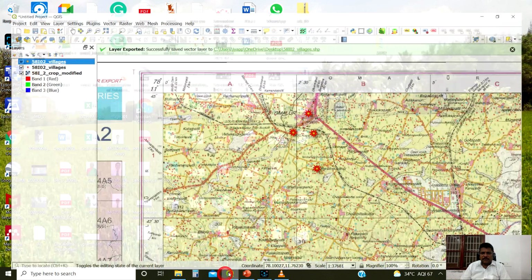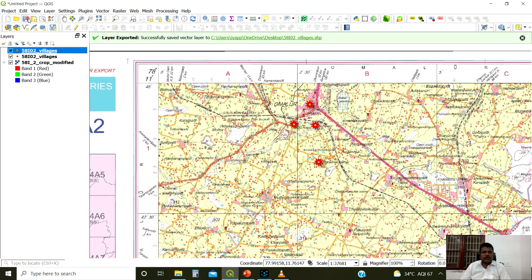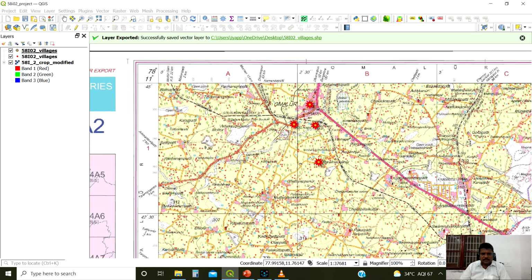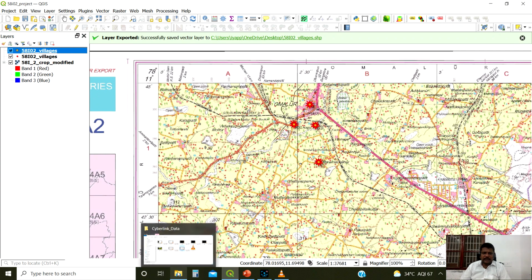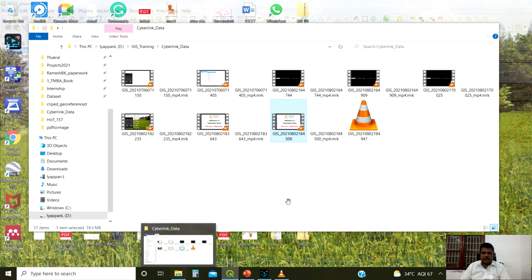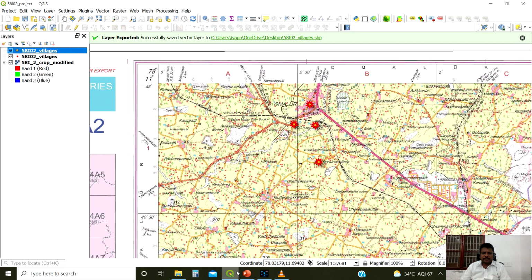What people normally do, if I save this project with some other name, 58I2 project, I save this file. It's saved somewhere. Normally people attach this project file, but if I open it, we will not be able to see the data.